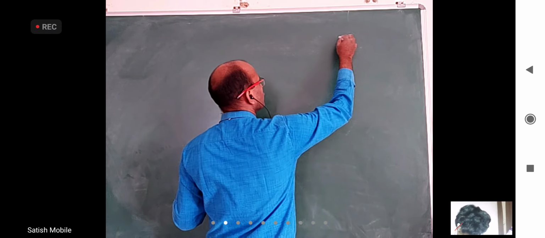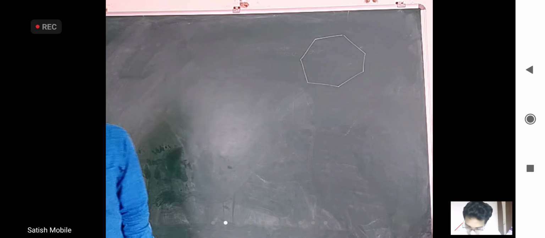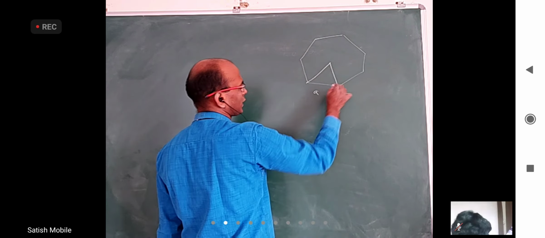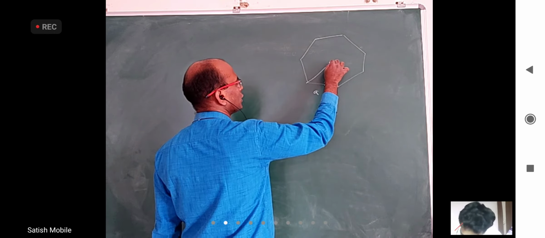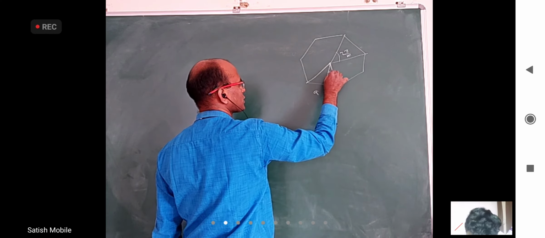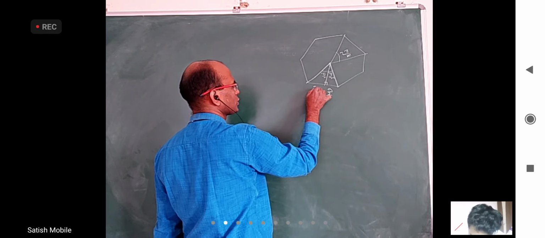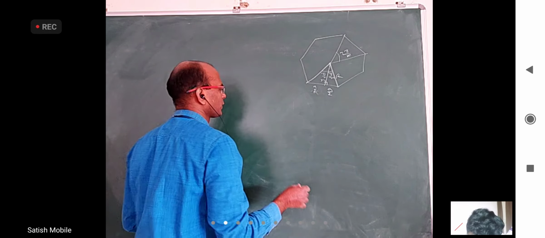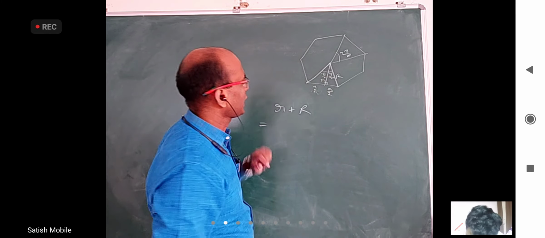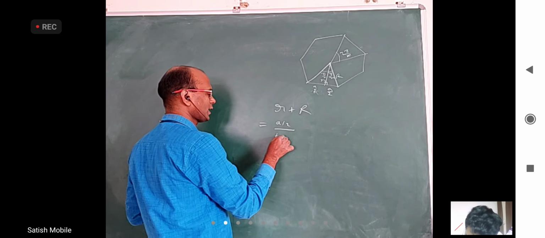Okay, so if you take a regular polygon, I hope each side is n, okay, each side is a. When you join to the center, you will get an isosceles triangle. When you draw the middle one, you know each angle is 2 pi by n. So when I split two parts, this is pi by n and this is pi by n. This is a by 2, this is a by 2, this is small r, this is capital R. They want small r plus capital R. From this figure, if you apply tan, small r will come a by 2 by tan pi by n.